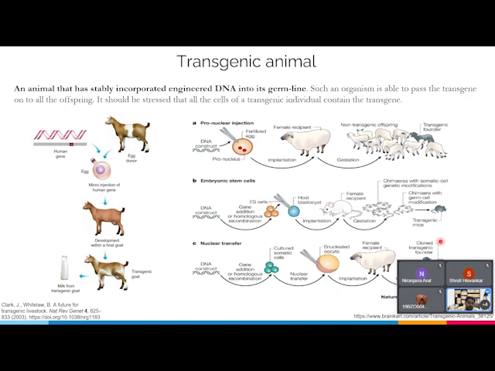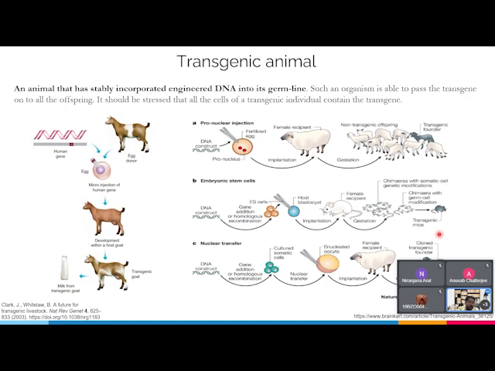So this is known as somatic nuclear transfer. This is also a cloning procedure. Using this technique, we had our first cloned animal, which was Dolly, the cloned sheep, and she was created using somatic nuclear transfer. Essentially, the entire slide just tells you that we can have foreign DNA or foreign genes